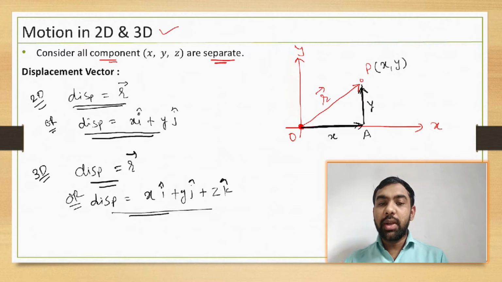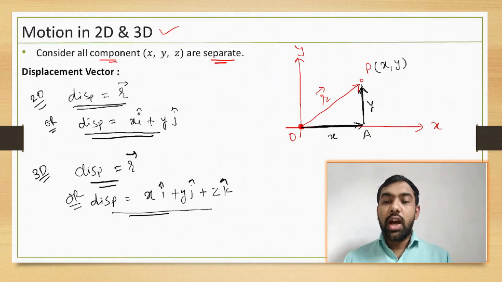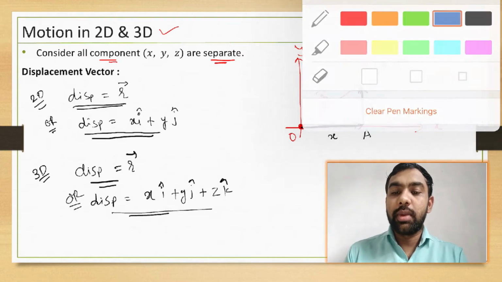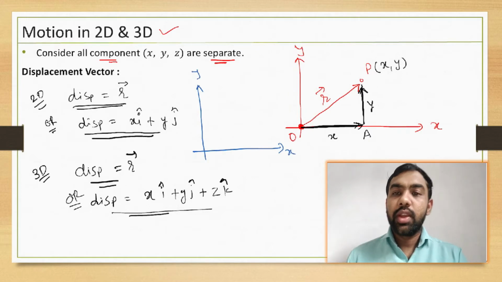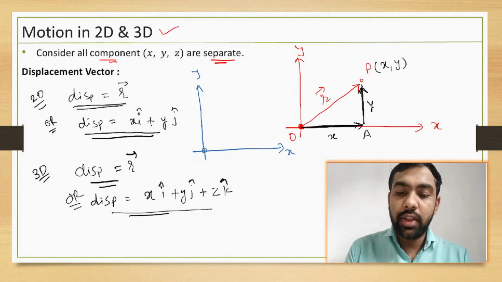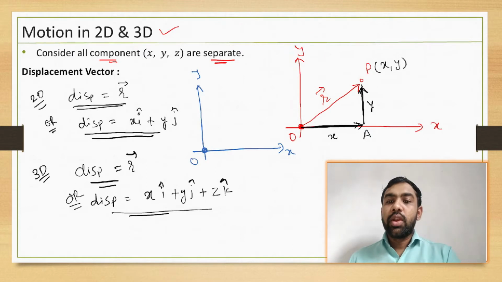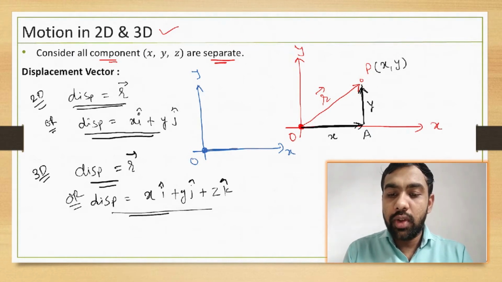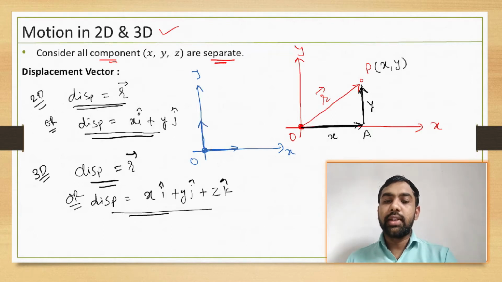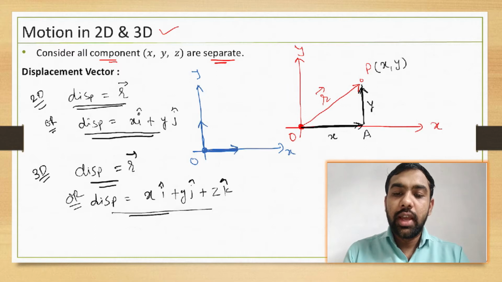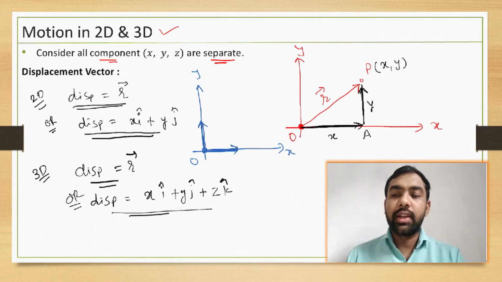This same concept is applicable in the case of velocity, and in the case of acceleration you can apply the same theory. Here you must understand this concept like this. Suppose you consider this x axis and y axis, same figure. The particle is somewhere here at point O. At the same time, the particle moves along the x axis as well as along the y axis.